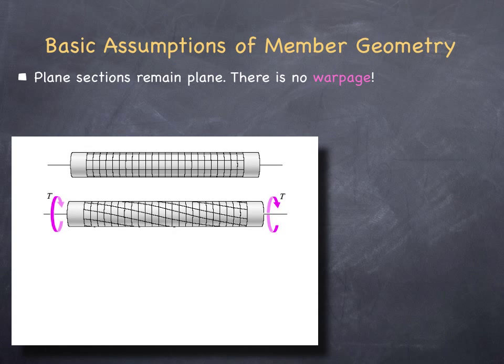Much like the venerable Bernoulli-Euler beam theory, the torsional model rests upon a kinematic hypothesis, and the kinematic hypothesis is identical: that plane sections remain plane. In other words, there's no warpage of the cross section when you apply the forces. Here we're looking at, on the top, a circular shaft, and let's assume that we have drawn a hypothetical grid